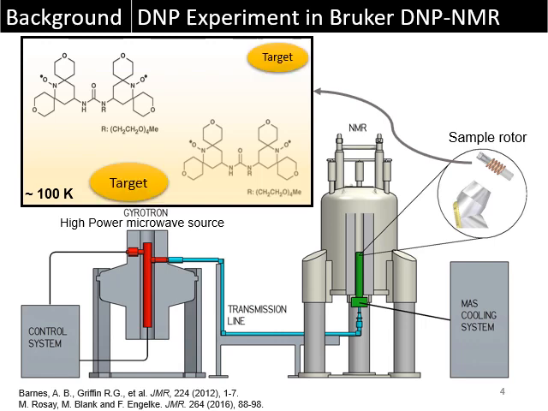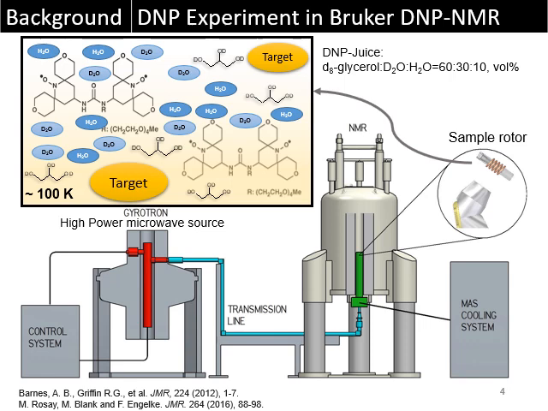Also, we have our target sample. A glassing agent is also needed to provide cryoprotection to the target sample, and also for spin diffusion purposes. One of the most commonly used glassing agents is DNP juice, which is a mixture of deuterated glycerol, D2O, and